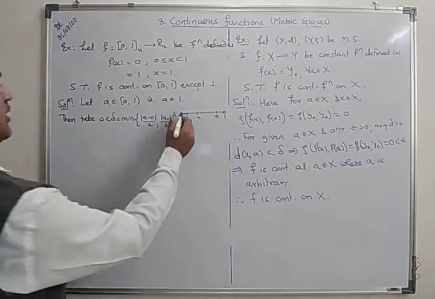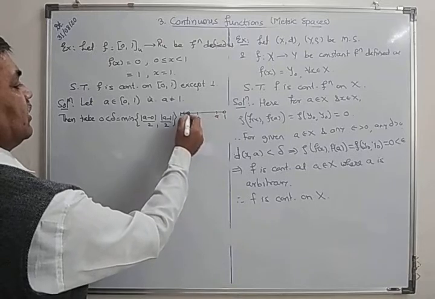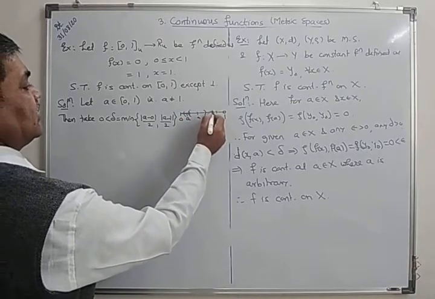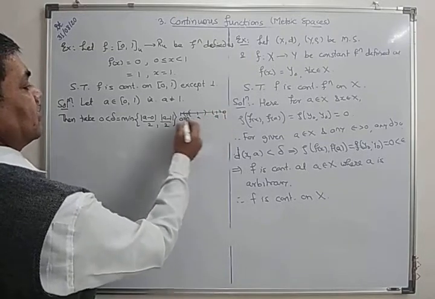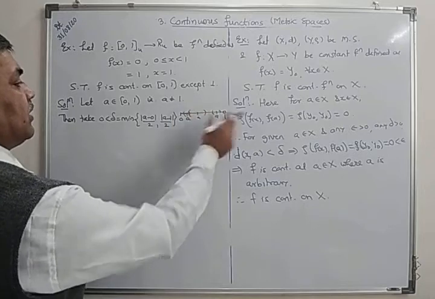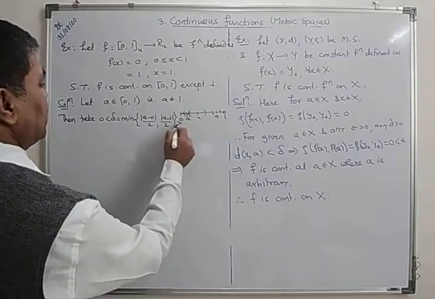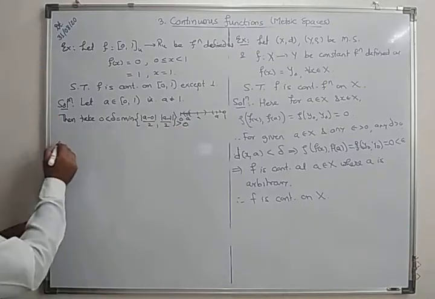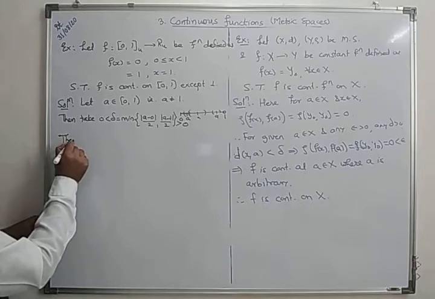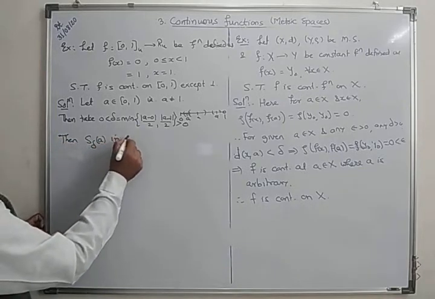Okay. So in this case, I am choosing this neighborhood. In this case, I am taking this one. And in this case, I am taking this half part. Is it right? And for 0, I am taking that type of interval. Delta greater than 0. Then S delta A in 0, 1,